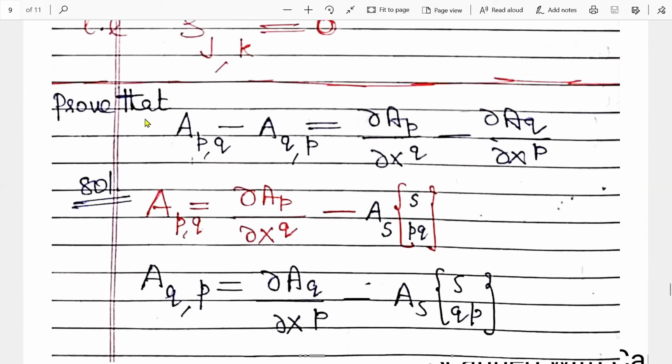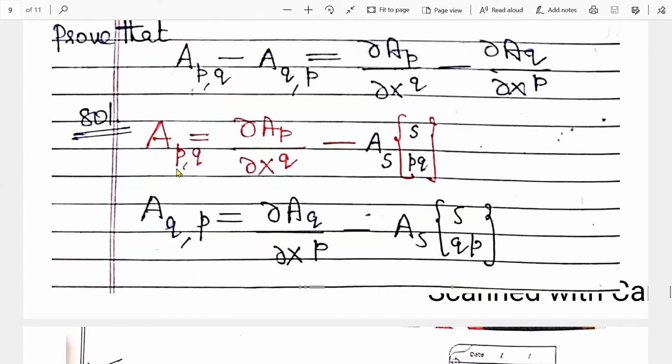Prove that this is APQ. It means the contravariant derivative of AP and AQP. It is equal to this value. So it is a simple result. So use the definition of AP. So first is its simple definition, derivative, curly AP, curly Q. Now write this. The lower part is P, right, and Q. So write PQ, and introduce the variable S to write AS.